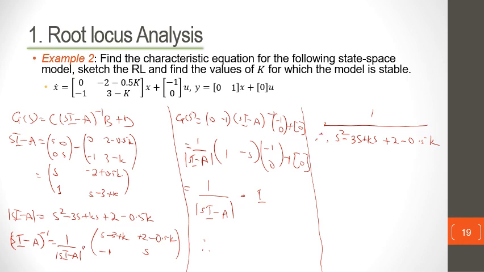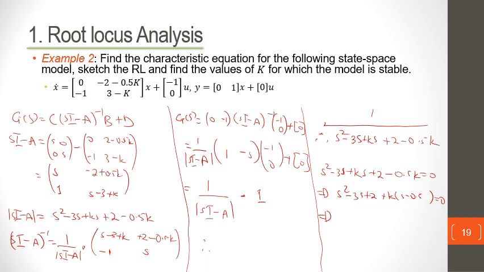Now from the transfer function we can say the characteristic equation here is S squared minus 3S plus KS plus 2 minus 0.5K is equal to 0, which implies that we have S squared minus 3S plus 2 plus K times S minus 0.5, not K, because it's not K squared,